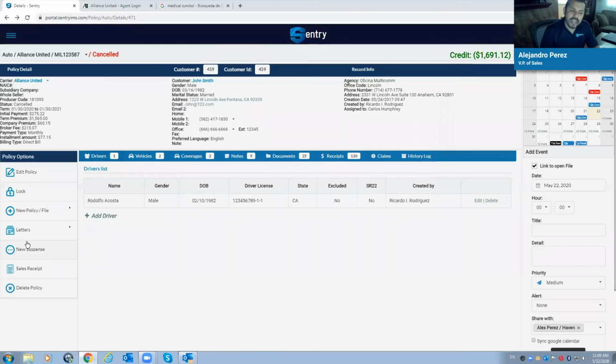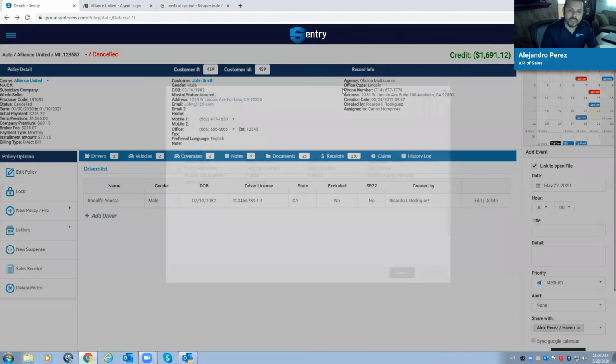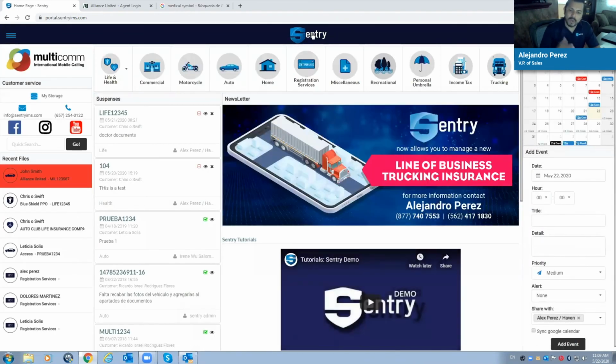You can actually come into Sentry, click on Suspense, put the subject, select the agent that you want to send it to, and then the note. Hey, Carlos, Mr. John said to please give him a call back, and go ahead and write the suspense. Click on create. What's going to happen is the next day, or when Carlos logs into Sentry, three things are